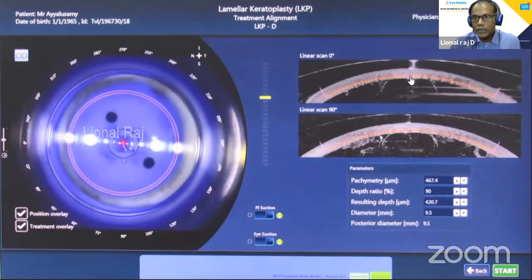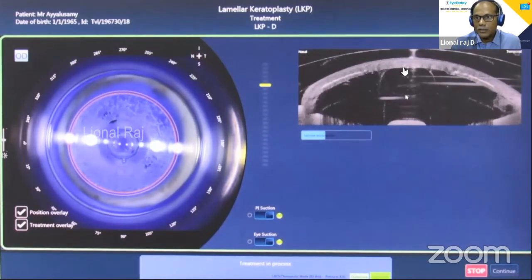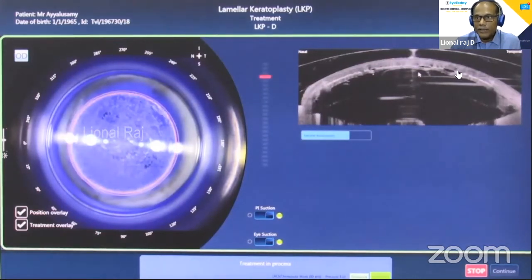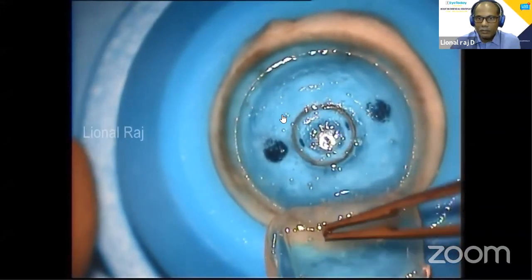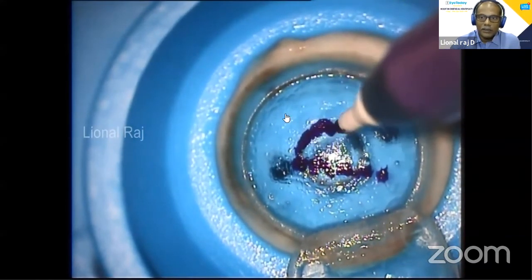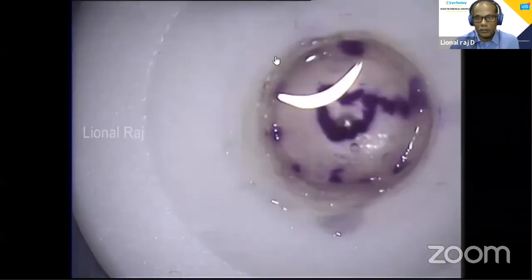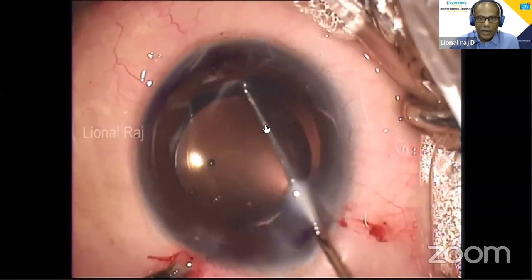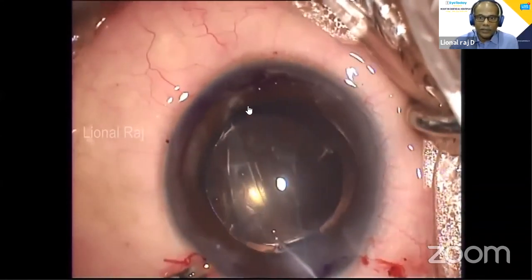I measure the posterior endothelial thickness and make it as thin as possible. I aim towards having something closer to 60 to 70 microns in the center. I make a real-time OCT guided dissection. Open the anterior lamella. Mark. I prefer to have a P mark. It's P or F or L, it doesn't matter as long as you are comfortable with anything. What really matters is that using that mark, you need to find the orientation of the graft tissue.